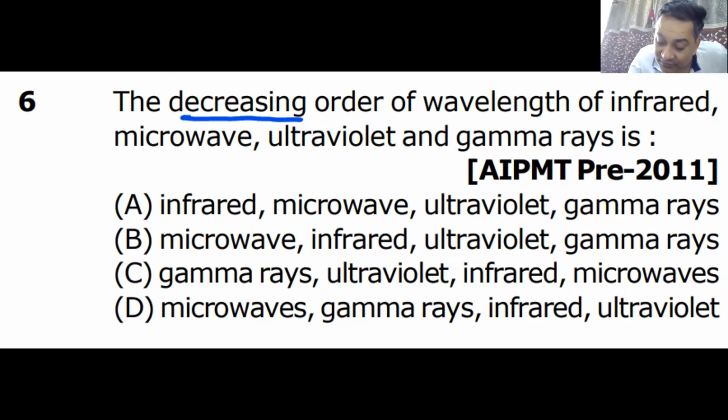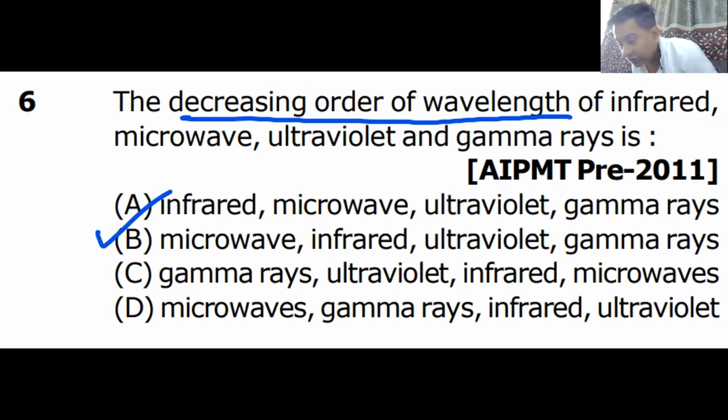This is decreasing order of wavelength. Sir, it's definitely B, no doubt. You would not know this question if you don't write it. That is why I asked you to note the order down with your own hands,